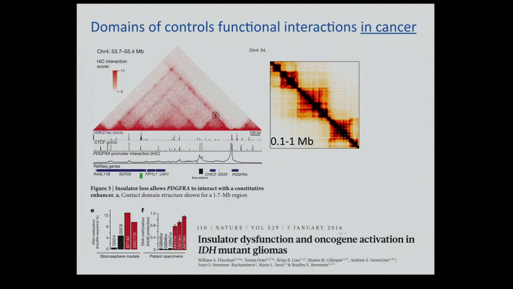A most recent paper, just a few months ago, has shown that a similar situation, to some extent, is observed in IDH-positive gliomas, where CTCF sites are methylated throughout the genome, including CTCF sites at this particular boundary. And again, it leads to the leakage of enhancer activation from this enhancer over to this gene, which is a prototypical glioma expressed gene.